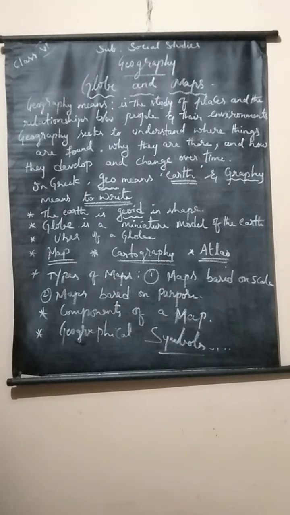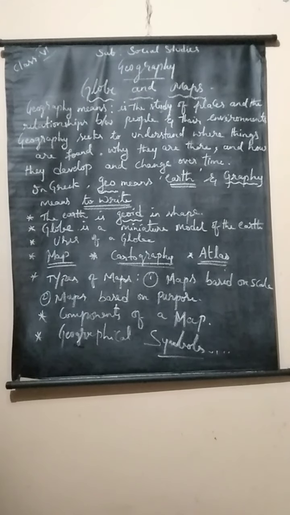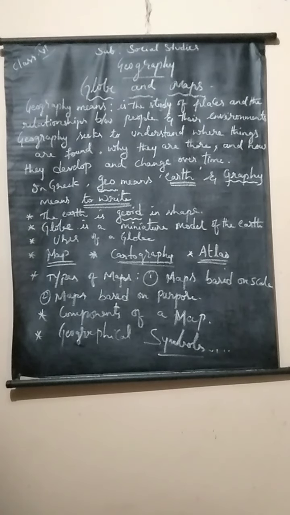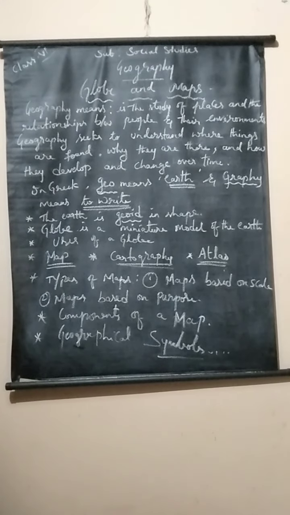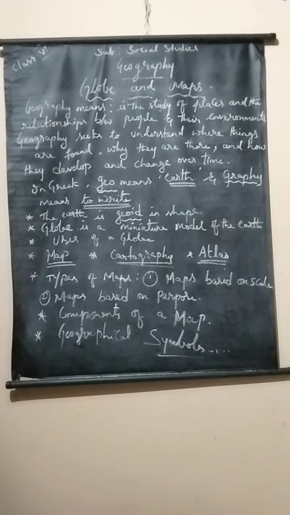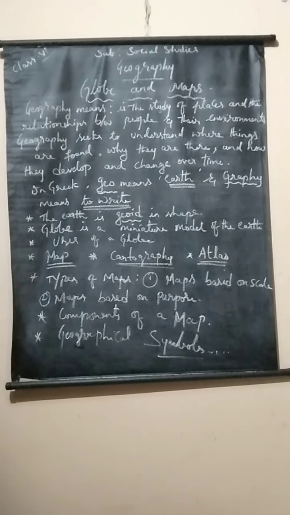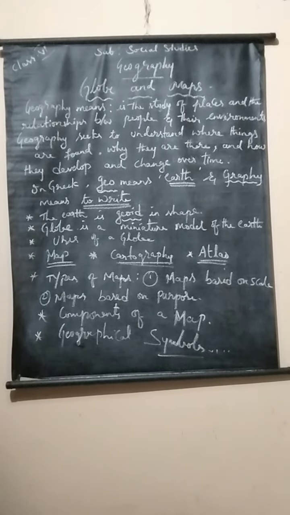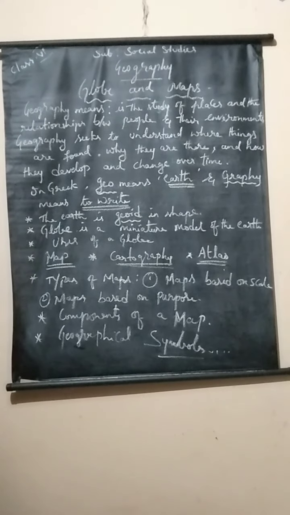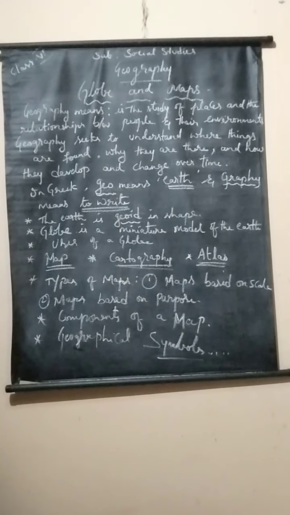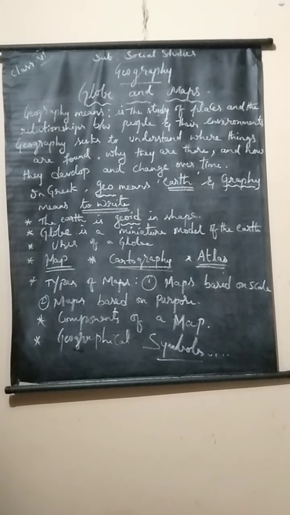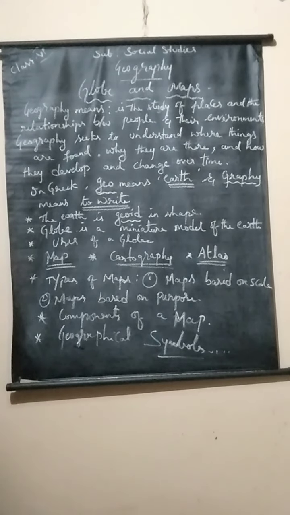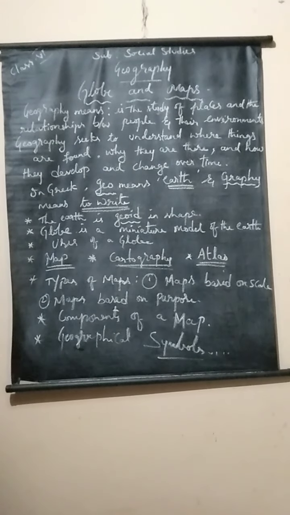Scale. A scale is a ratio between the distance on the map and the corresponding distance on the ground. It helps us to know the distance between the two places on the ground. The distance between 2 points on a map is closer than the actual distance on the ground. Okay. Latitudes and longitudes. They are a grid of imaginary lines. It helps us to find the location, distance and direction of the places on a map.